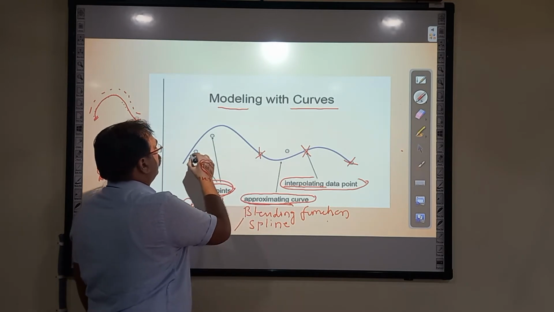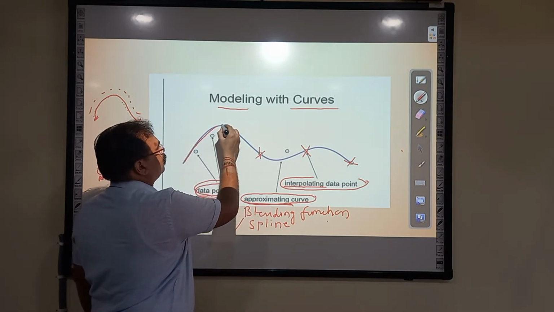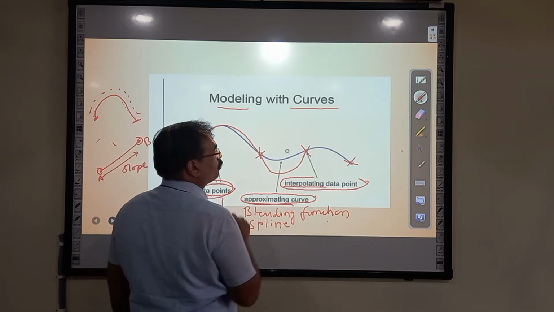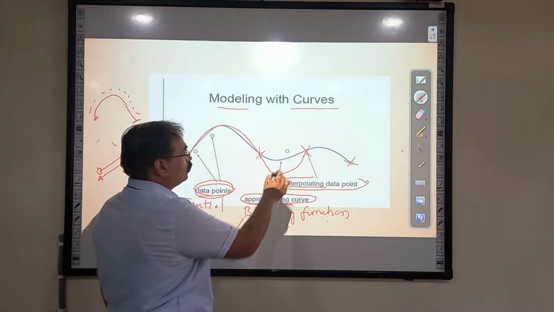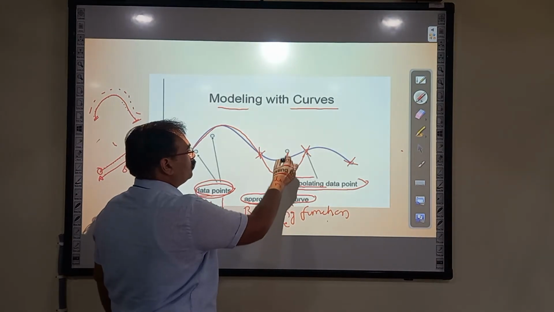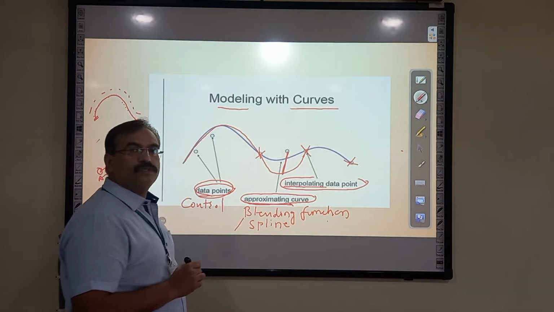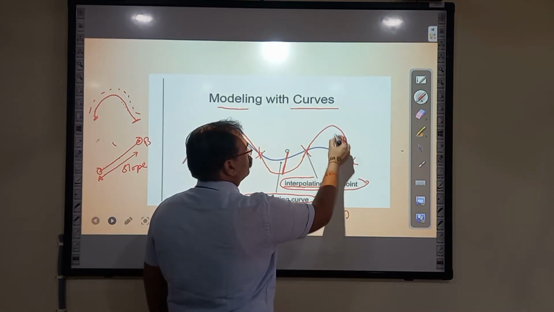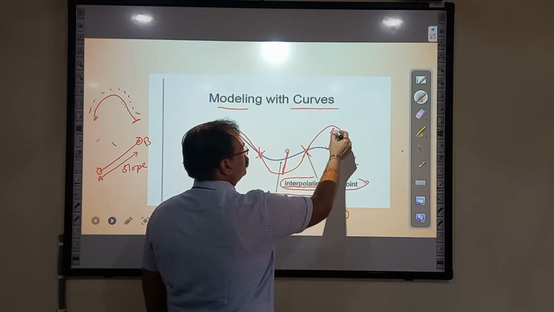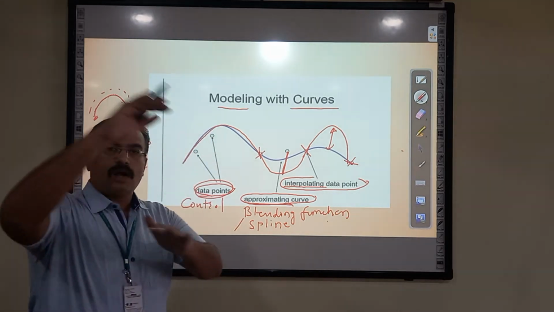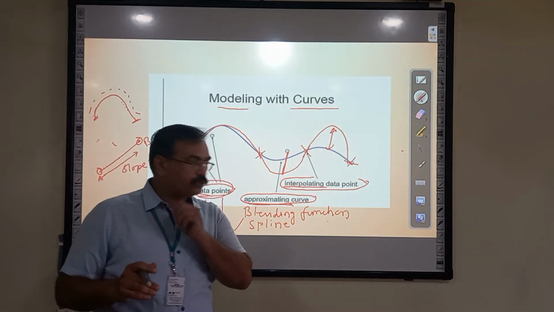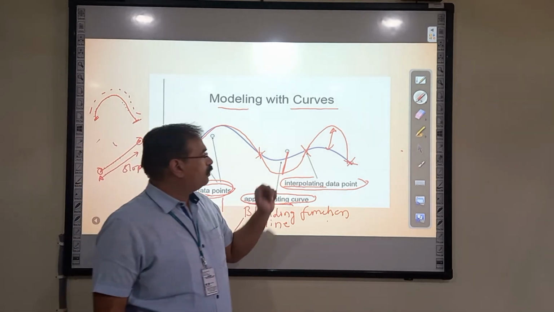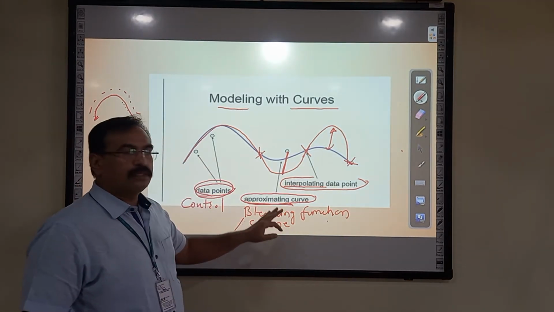Like I will start this curve this way, and it is also possible to go this way. Okay, so there is more distance between these two. So the blending function is going to define this, or even from here it can go this way. So this distance, how much curvature it should take and how rapidly it should take, that will be defined with the help of the approximating curve.